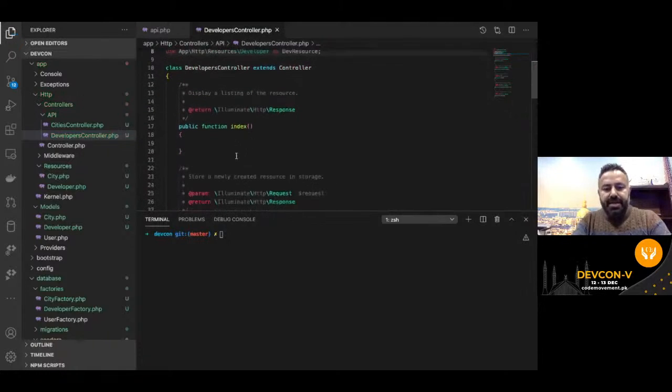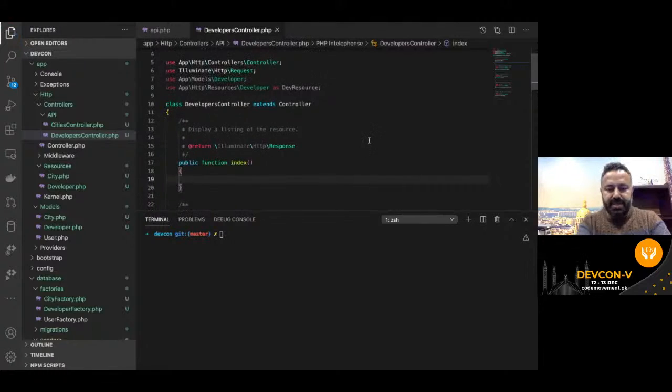Okay, and in the index function, which is going to return the main endpoint data,